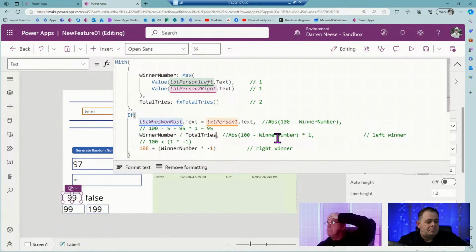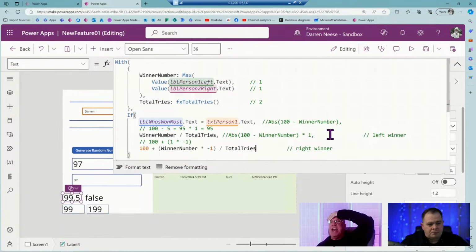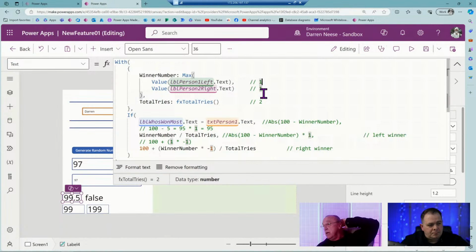So let's say you had 5 out of 8, you would take 5 divided by the number of tries. You won 5 times divided by 8 tries. If you had 8 divided by 8, it would be 1. That'd be 100%.